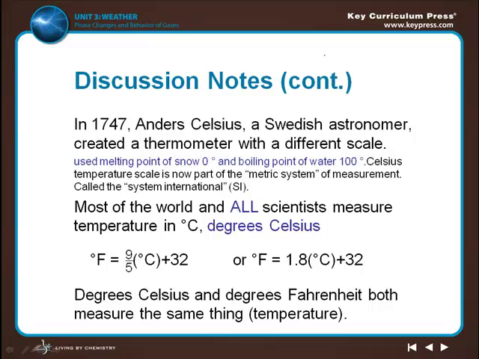If you have Fahrenheit and you want to get Celsius, you just rearrange the equation to get the Celsius. So if we had 212 Fahrenheit, we could rearrange the equation and find out that equals 100 degrees